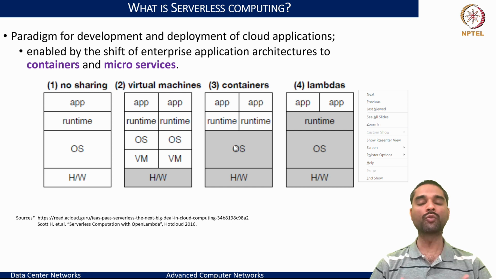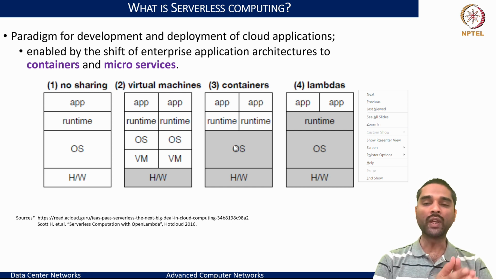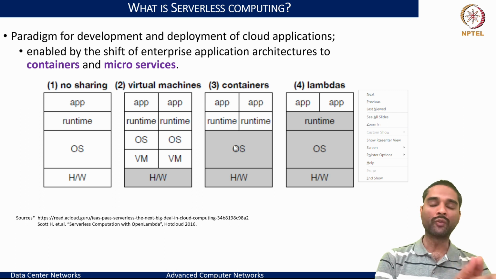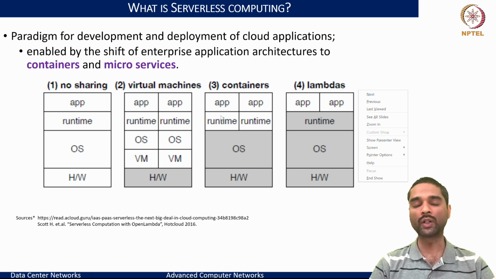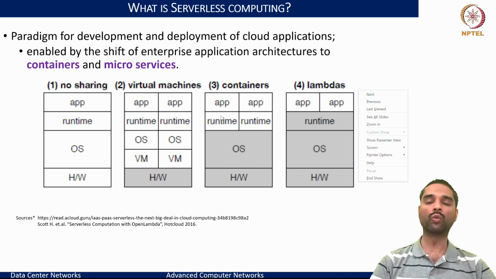And gradually, we also shifted towards what we call OS level virtualization, where the hardware and operating systems would now be shared, while the applications would have their own runtimes, and that's the limit of isolation that each application would be confined to. When we compare this model with the virtual machines, we see that there is limited isolation as opposed to what you will see with the VMs. But there is still isolation from the point of view of an application in terms of what runtimes it would want to support and how it would want to build.